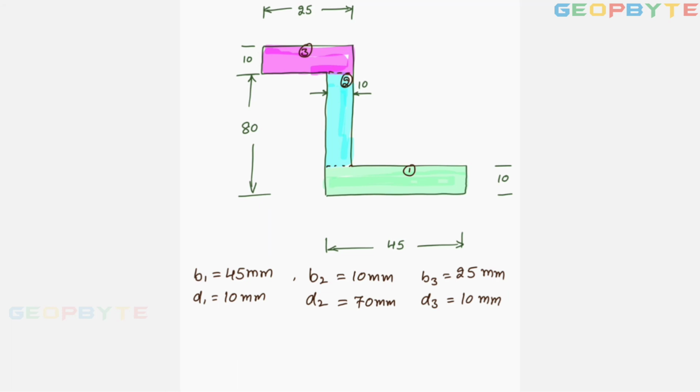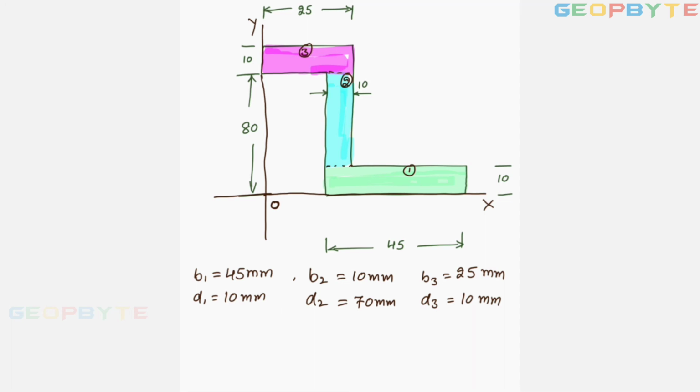Now let us mark the x1 y1, x2 y2, x3 y3. For marking the x1, x2, x3, remember leftmost line is the reference line. Similarly, for marking the y1, y2, y3, bottommost line is the reference line. So this is the origin. Once again, for marking the x1, x2, x3, y-axis or leftmost line is the reference line. Indirectly, this is the y-axis and this is the x-axis. X-axis is the reference line for taking the y values.